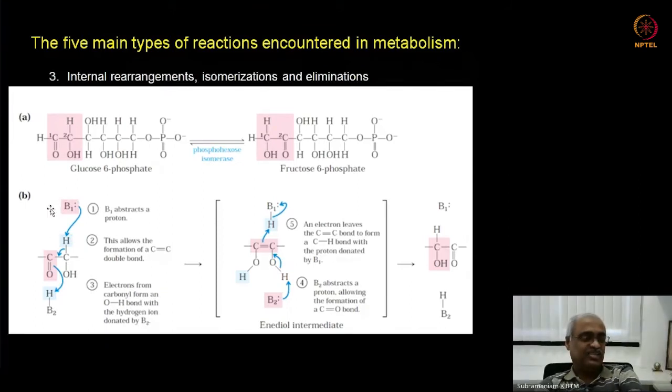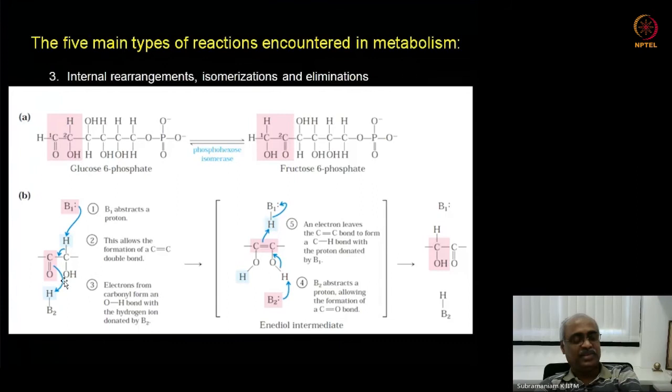This is a side chain group in the enzyme's active site, base 1. It is going to abstract a proton from this, and this one is going to donate a proton. That's what helps in getting to this enediol intermediate. This accepting a proton and the electron coming here is what allows a transient double bond formation, and in addition, this taking up an electron and donating a proton leads to a transient